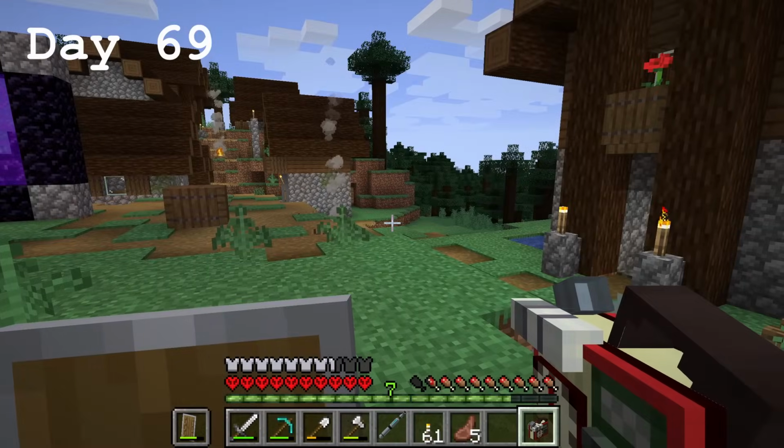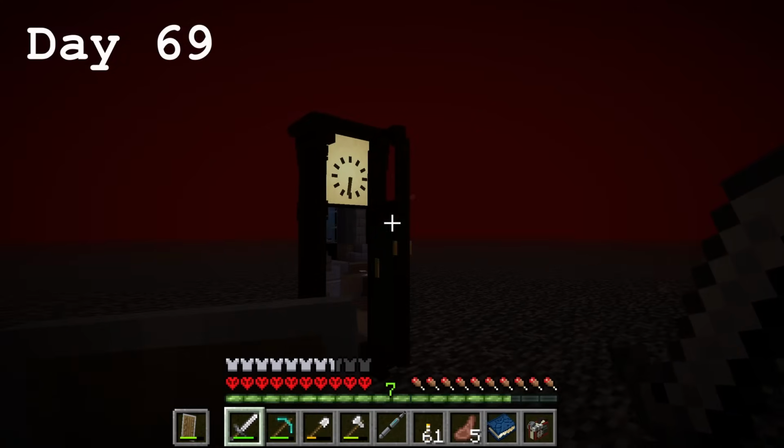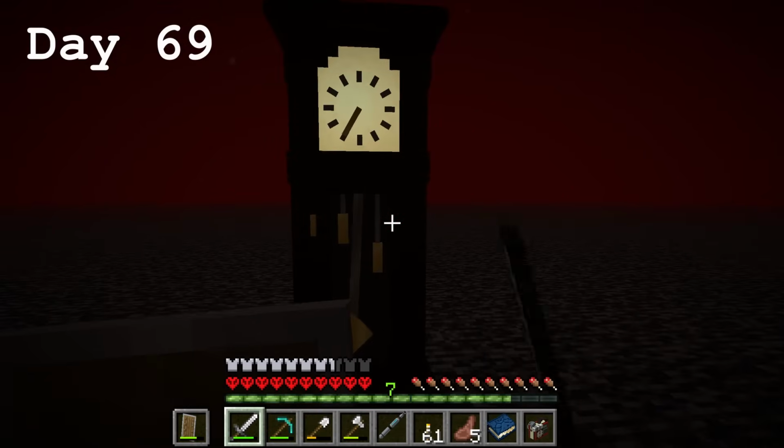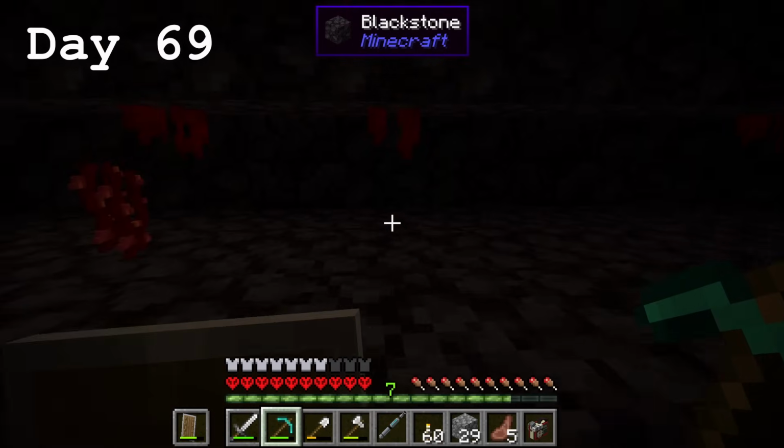Day 69. This will be the perfect day to visit Amaranth Fields, right fellas? The Tardis makes reaching the nether roof really easy. I then travel to another temple. I go to loot the chest and...